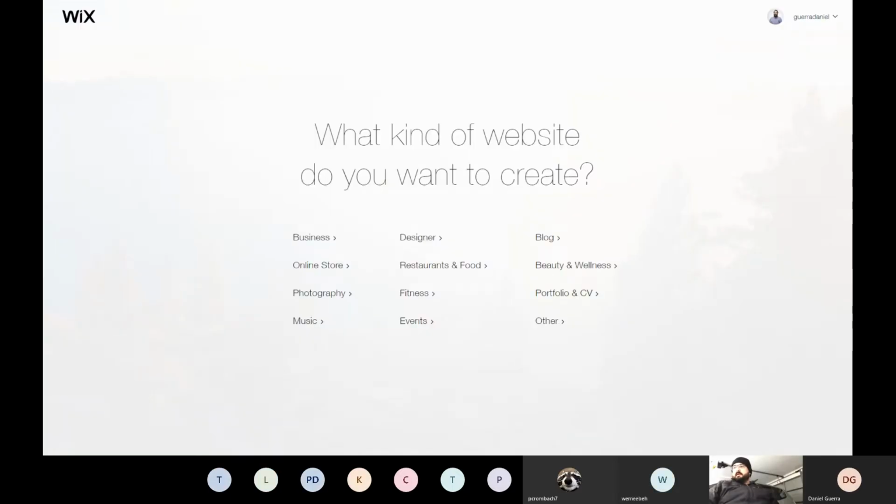Let's begin. Once you go to Wix and you click on new website, this is the first screen that you're going to be presented with. The best way to get started is to just click on create a website, and then it will give you an array of categories of templates for you to choose from. Ideally, you want to go to other,